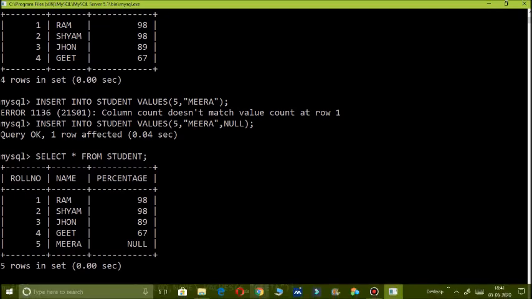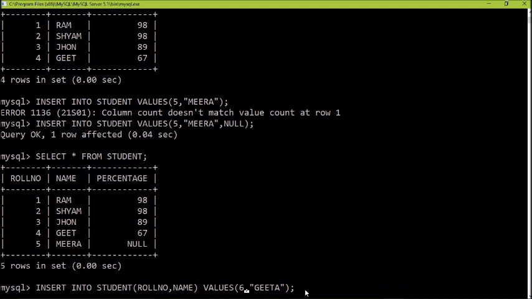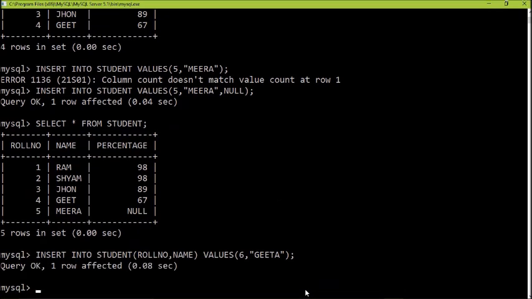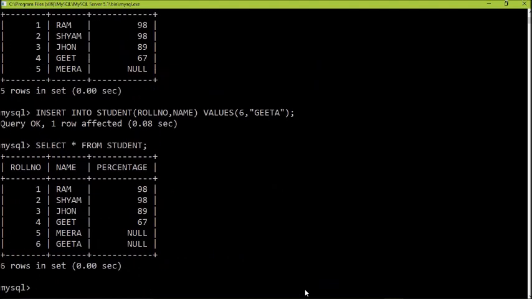Fine. Now if I put enter, it will be acceptable. See, it is acceptable. You want to see whether it has been added or not. See, Geeta has been added, but no percentage is entered. I hope this concept is clear to all of you.